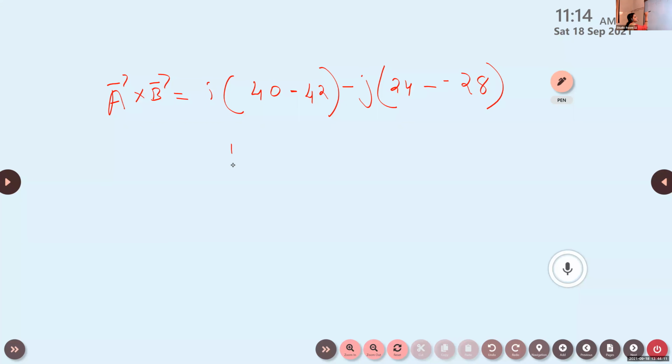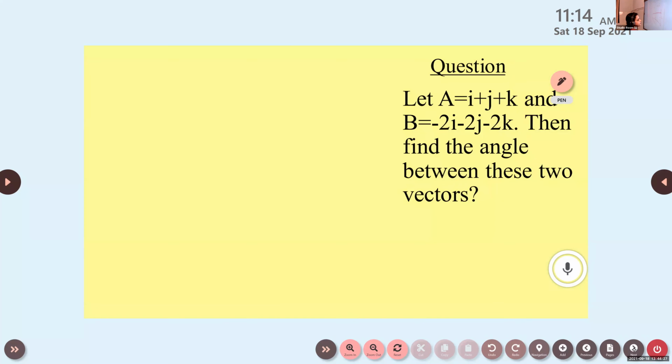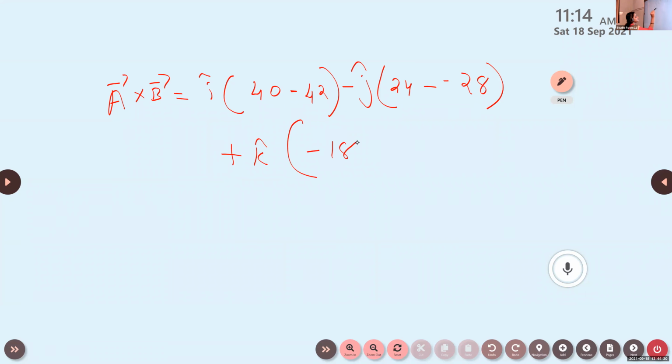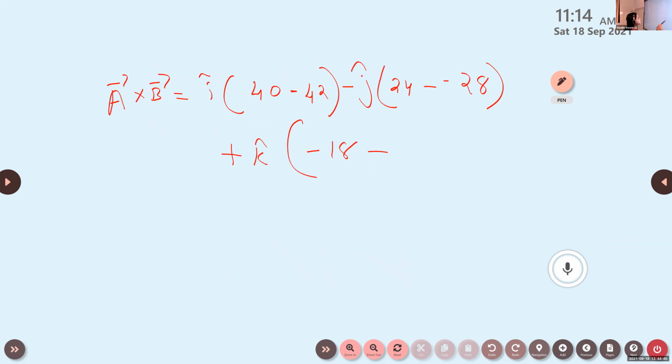Okay. Plus K cap into, excluding the first row and third column, so we have 3 into minus 6, it is minus 18, minus 5 into 4 is 20. Okay. So vector A cross vector B is equal to